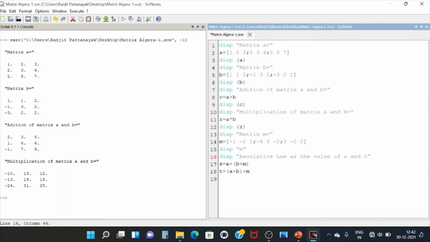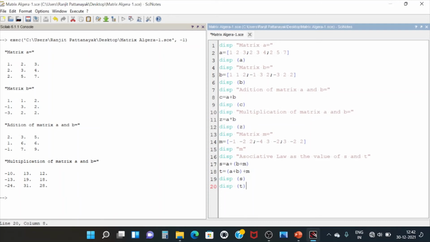Okay, so for that what we have to write, display S, and then we have to consider display T. Okay, so from the beginning I am going to show you whatever we have written for validation